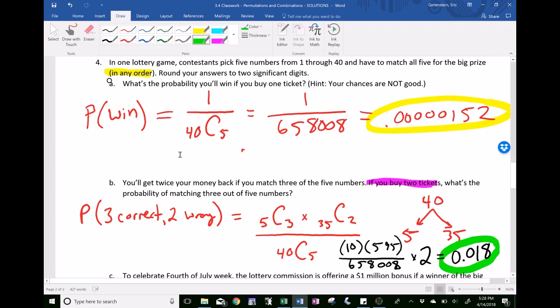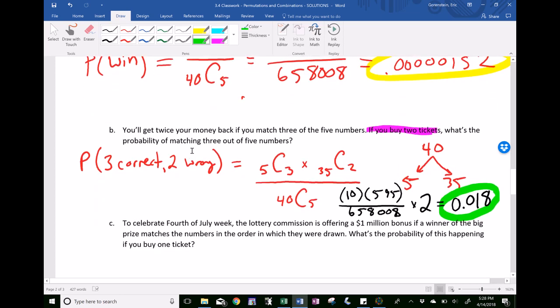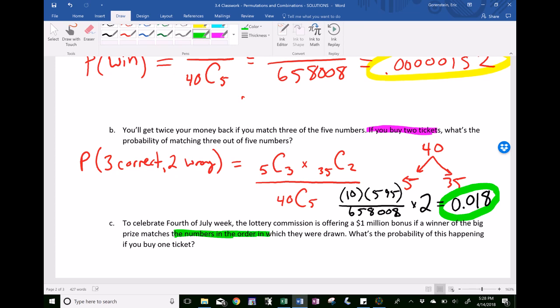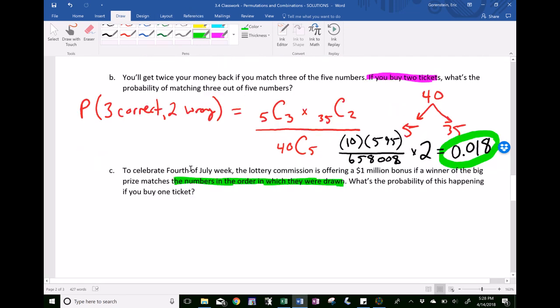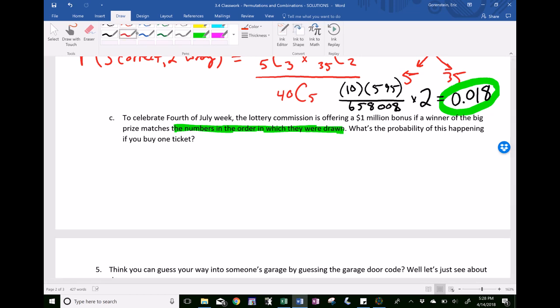Okay, and part C. So same lottery, but to celebrate 4th of July, there's a $1 million bonus if the numbers are chosen in the order in which they were drawn. That means now order matters, so this is a permutation. So what's the probability of winning if we need all 5 numbers in the correct order? Again, there's only one way that could happen. One winning ticket. Out of all the possible tickets you could buy, which is